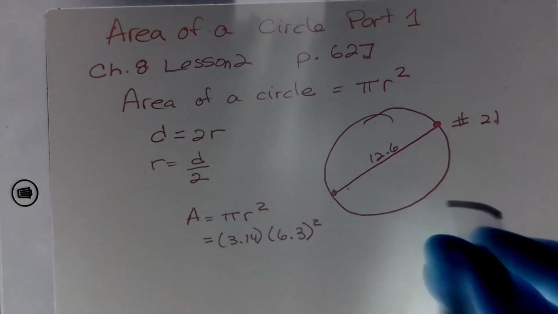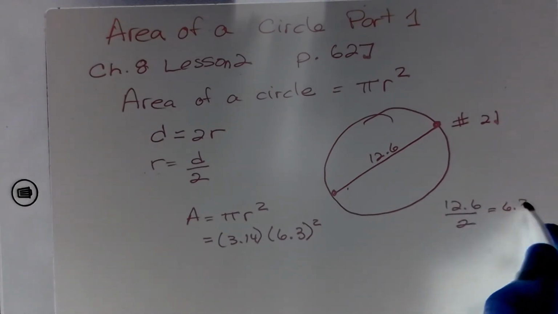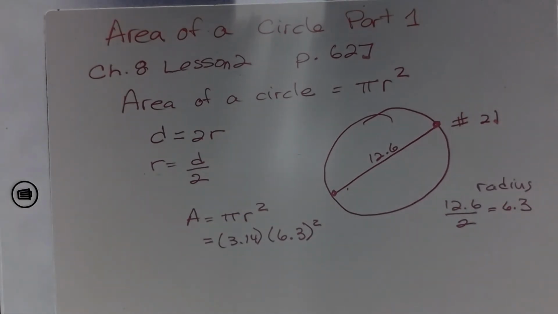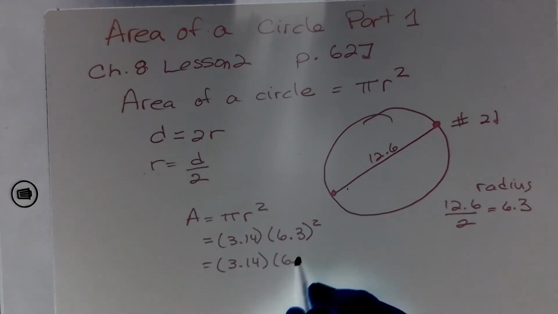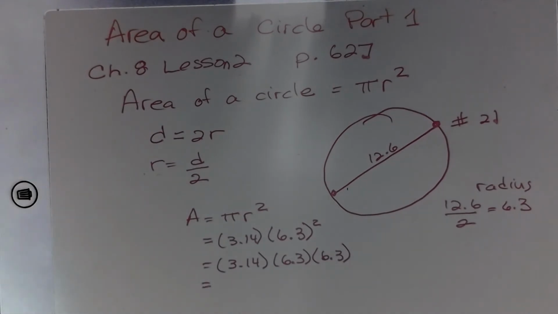So again, how do you find it? 12.6 divided by 2 gives me the 6.3 for the radius. Once you get this, it is important, please make a note. Let's not make that mistake. This is not 6.3 times 2. It's 6.3 times 6.3. Very good. So this is 3.14 times 6.3 times 6.3. Once we multiply that, it's 39.69. That's 6.3 times 6.3. And then that times 3.14,